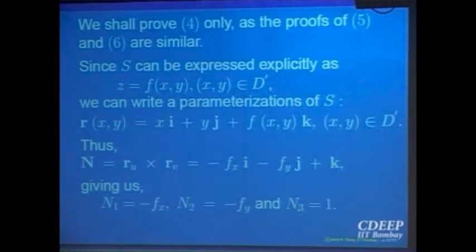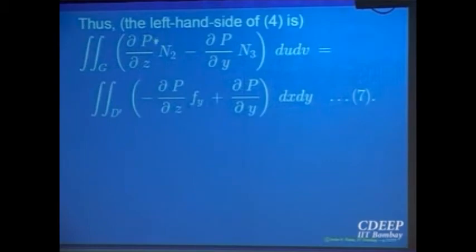In that equation 4, the partial derivative of P with respect to y times n3 and minus the partial derivative with respect to z times n2 is coming. Those n1, n2 and n3 were coming in the first integral. So I am trying to find those values of n2 and n3 when my surface is explicitly written as z is equal to f(x,y). That gives me this integral, the partial derivative with respect to z times n2 minus the one with respect to y times n3, which was the left hand side of that equation. So n2 is equal to minus f_y, n3 is equal to 1. So this is the integral that comes out. So the left hand side of that double integral, when my surface is explicitly representable as z is equal to f(x,y), comes out to be this.